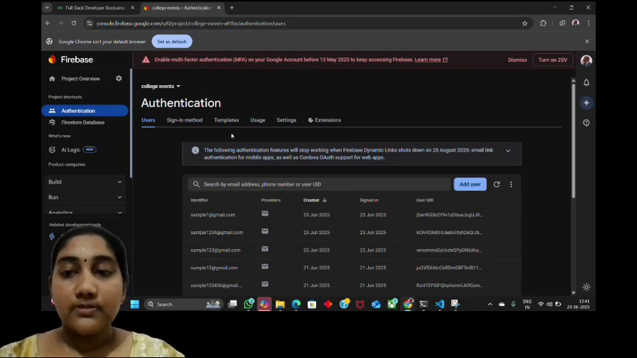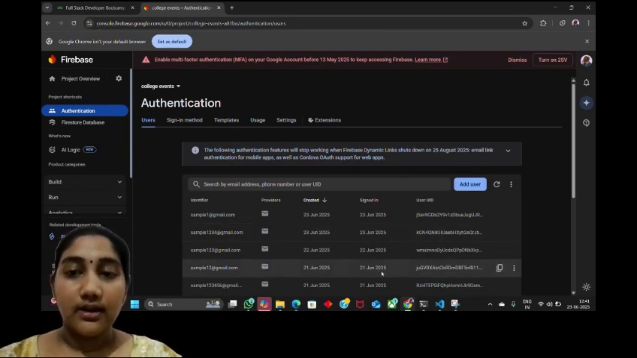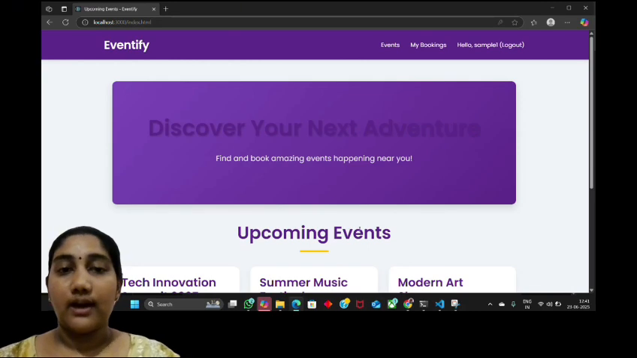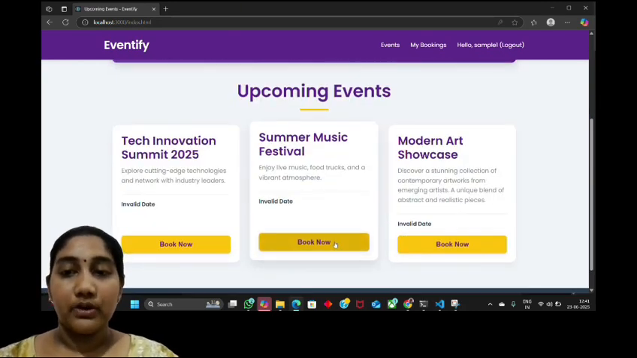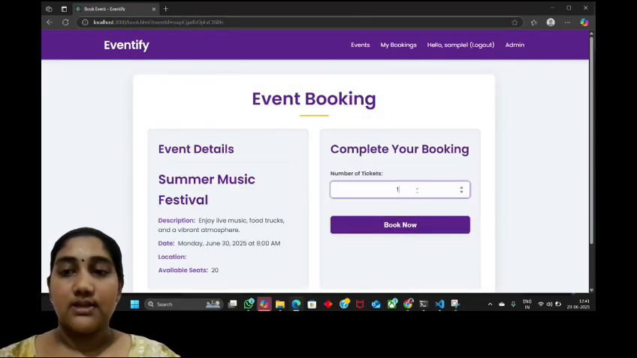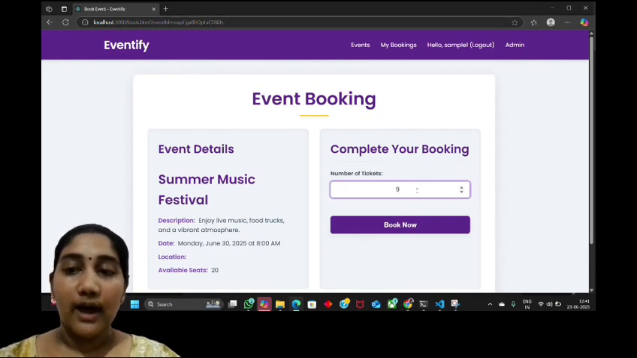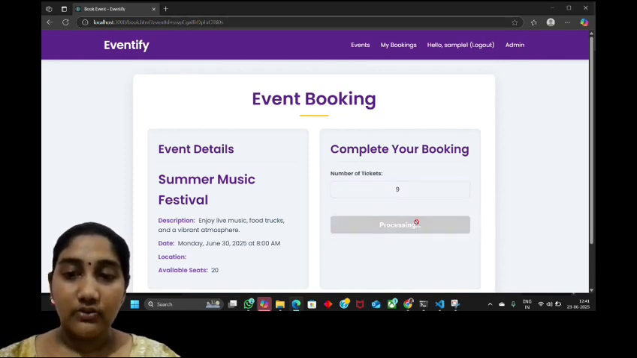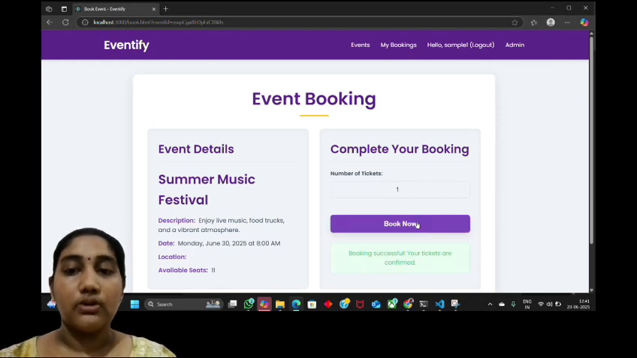Let's explore the event detail page. Here I will book 2 tickets for an upcoming event. Notice the success message. Behind the scenes, our backend reduces the available seats count for this event in Firestore, reflecting